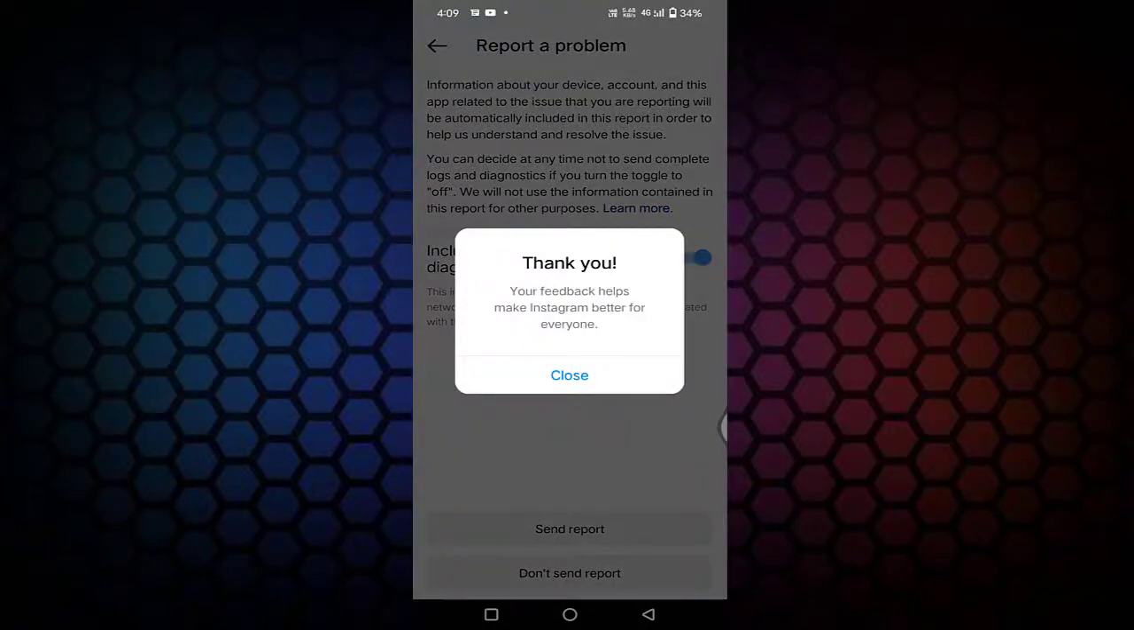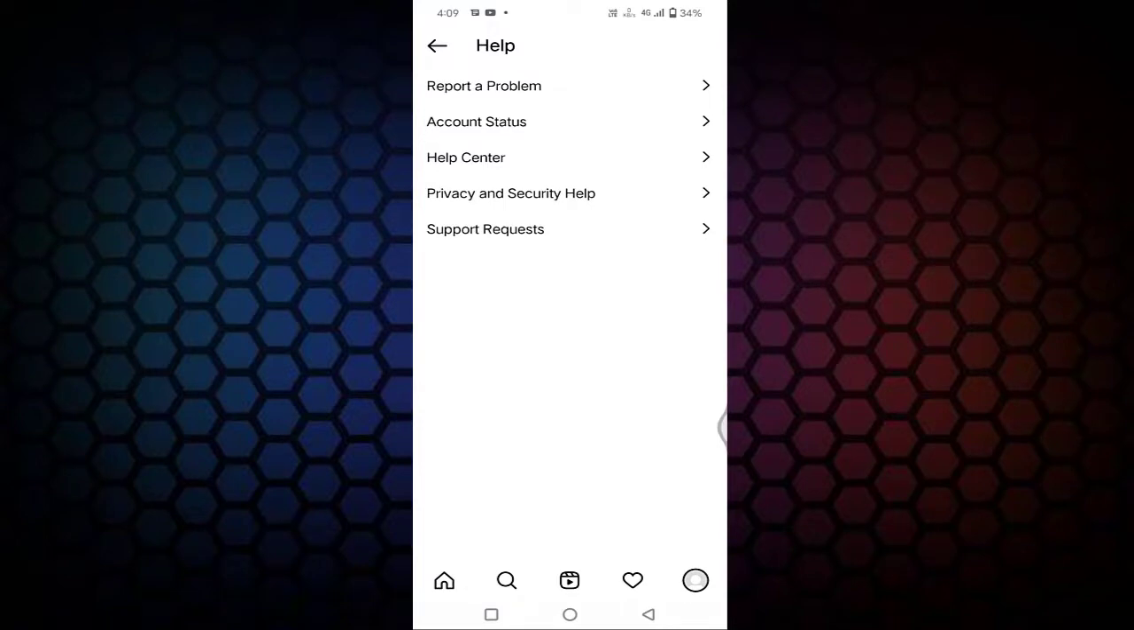You can see here we have successfully submitted this problem. Just close this window. After that you need to wait minimum 24 to 48 hours. After that, hopefully your problem will be fixed. That's it guys. So in this way you can fix Instagram reel save option not showing